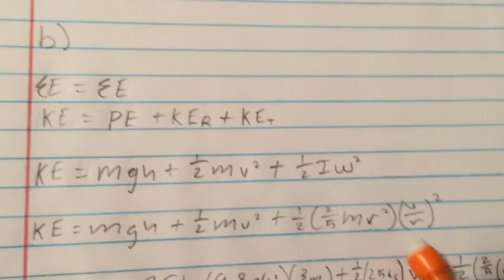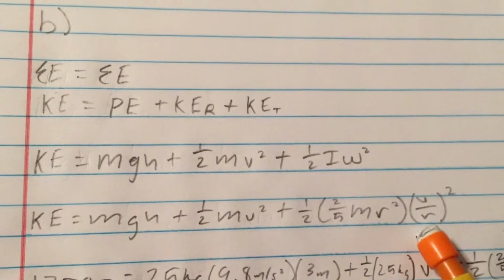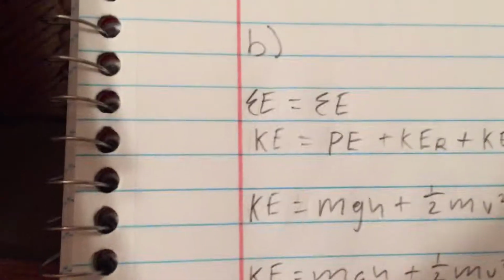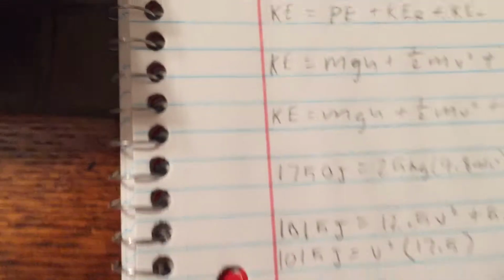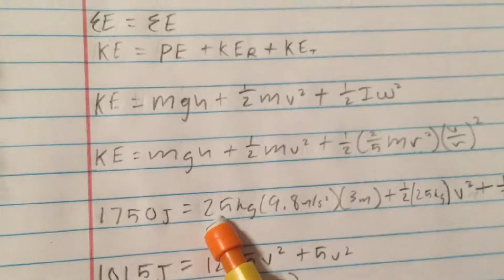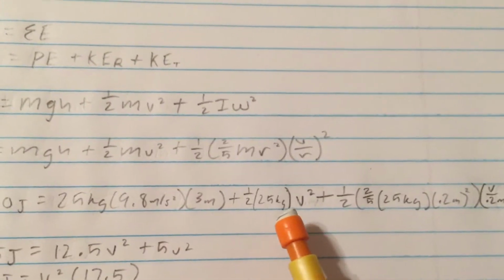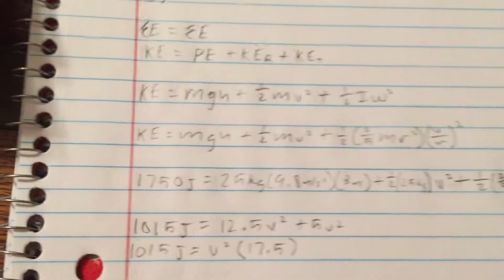And after that, I also substituted for angular velocity, just the linear velocity divided by the radius, and I substituted the moment of inertia for the moment of inertia equation given up here. So after that, I go ahead and plug in my numbers. The kinetic energy is going to be what I found here, because that's the total kinetic energy while it's on the flat surface. And then I plug in my mass and gravity, the height of the ramp, and the radius over here. And I simplify,